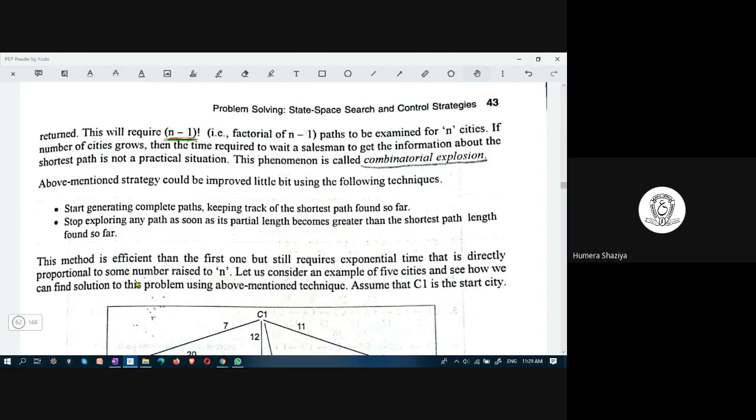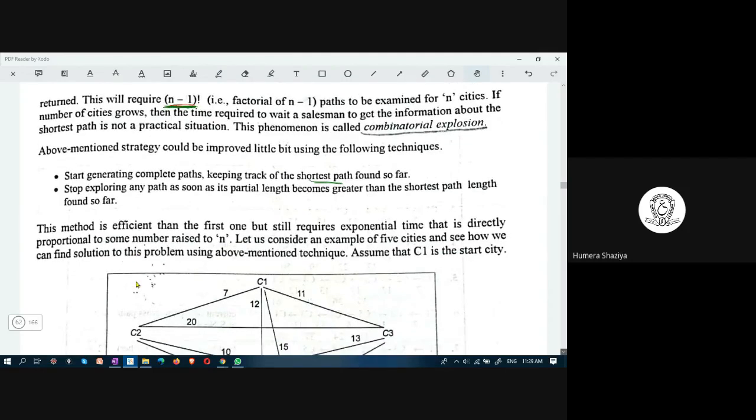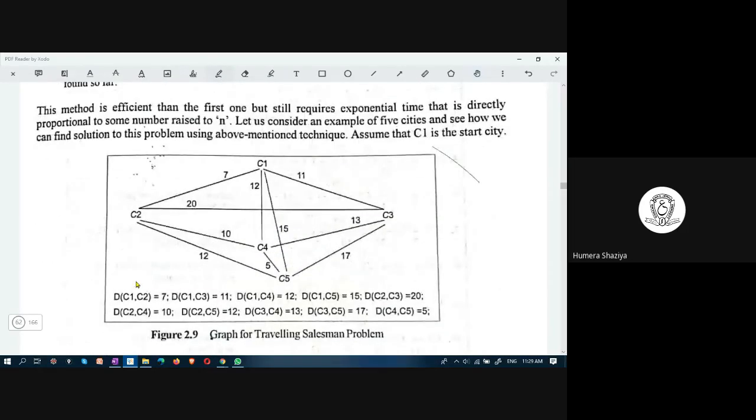So it is all about finding the shortest path, shortest route. Consider this: C1 is the start city.